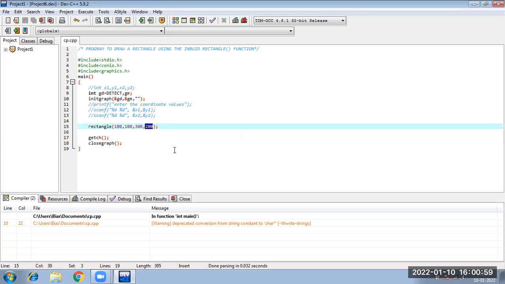Left, top, right, bottom. Fine. So same concept you can apply using putpixel also. How? Let us just see.